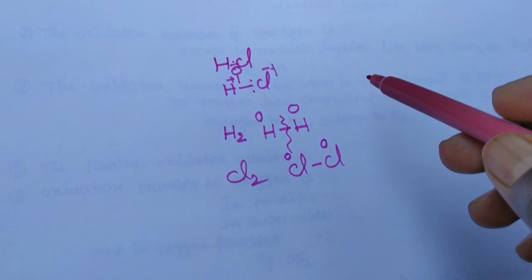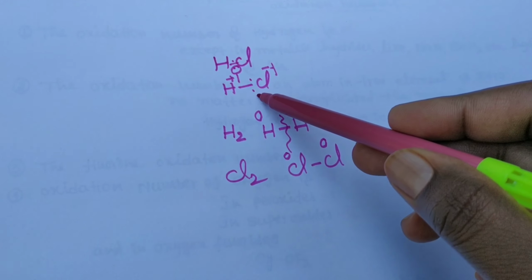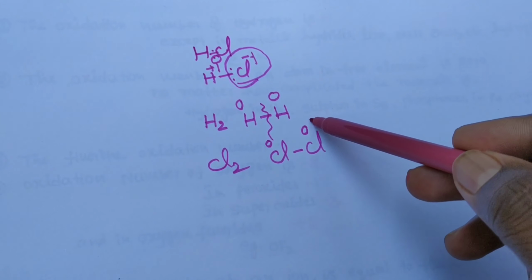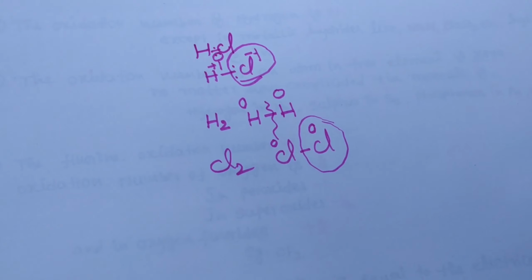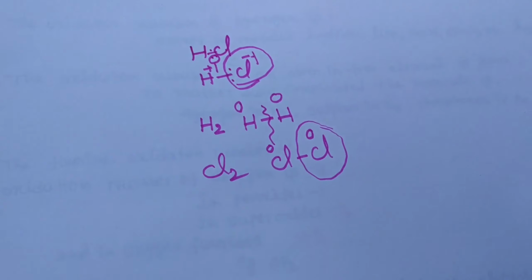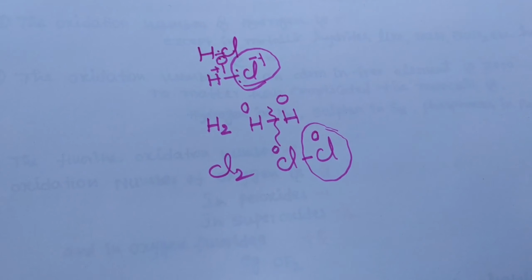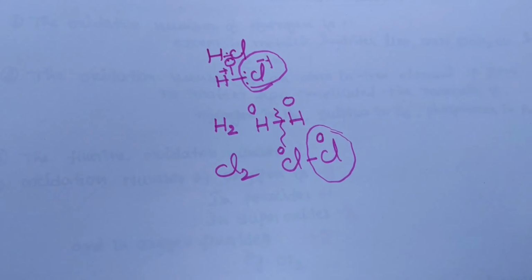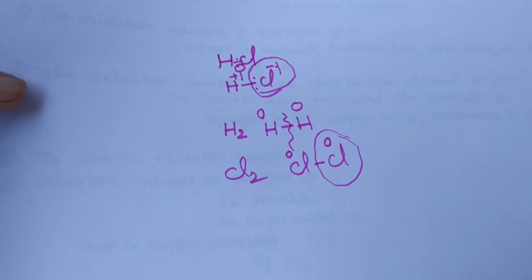See, one complication has occurred here. In one case chlorine has a -1 oxidation number, and here chlorine has a 0 oxidation number. So it is not a convenient method to determine the oxidation numbers for every atom. That's why some operational rules were proposed by scientists to determine the oxidation number correctly. So what are these operational rules? Now we are going to see that.